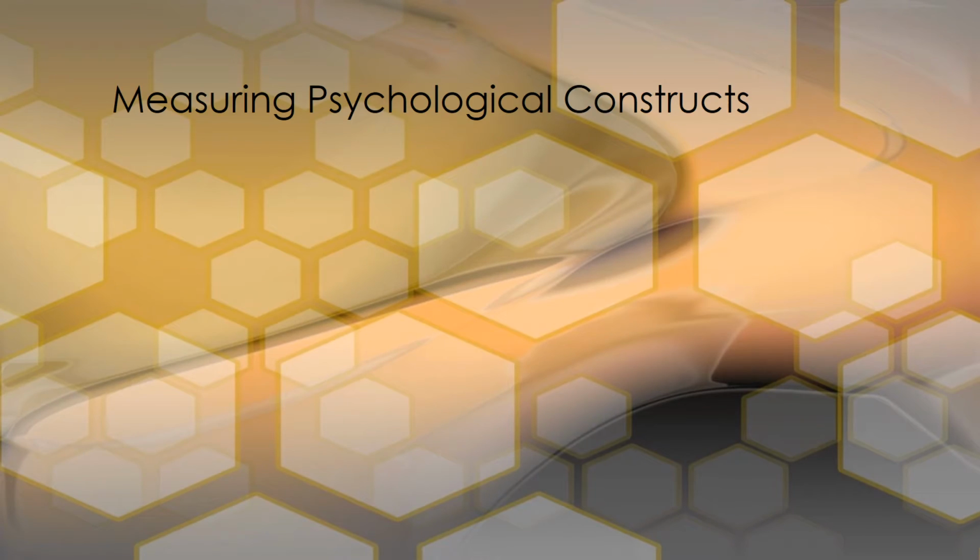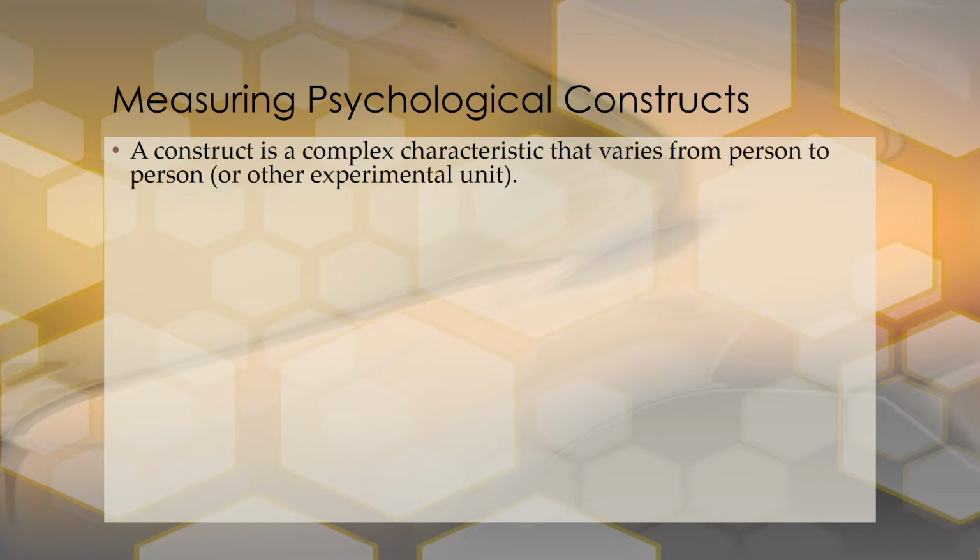In this video, we're going to talk about Likert type scales. Likert type scales are used to measure complex psychological constructs. First, we're going to define a Likert type scale, and then we're going to go over an example on self-esteem. If you remember from the research methods phase, a construct is a complex characteristic that varies from